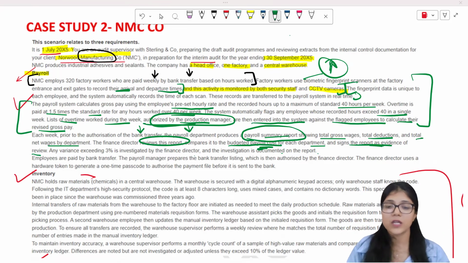So if the finance director is signing the report as evidence of the review, that's a good thing, because this will help identify if there are any unusual movements, right? If there are any unexpected movements, probably an error or a fraud, you'll timely recognize that, right? If you're timely recognizing that, you will make sure that there are no frauds and errors, and hence the payments are correct and employee goodwill is saved. So you're not paying them extra, you're paying them just the right amount. That's one thing that you can talk about over here.